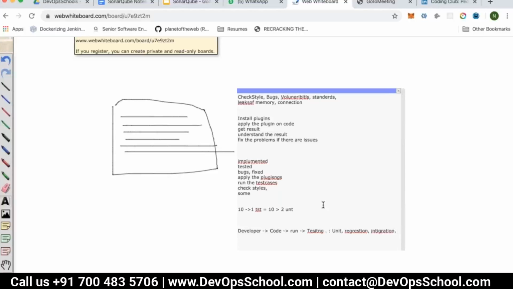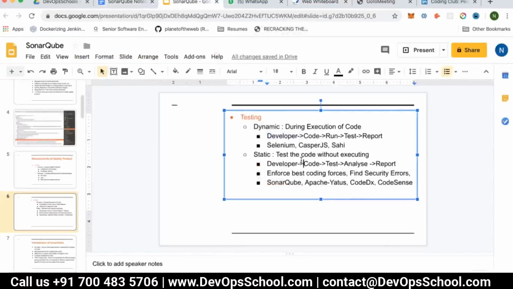And then in a similar manner, he will implement the code, and you won't run it, you will directly do the testing by using a couple of what kind of testing? That testing is called static testing. What you will find out from that is, are you following a standard or not? In order to make sure